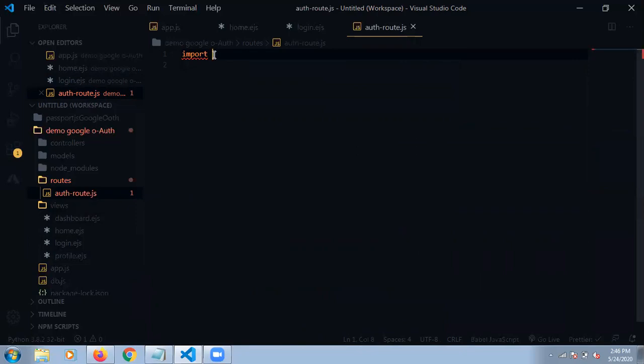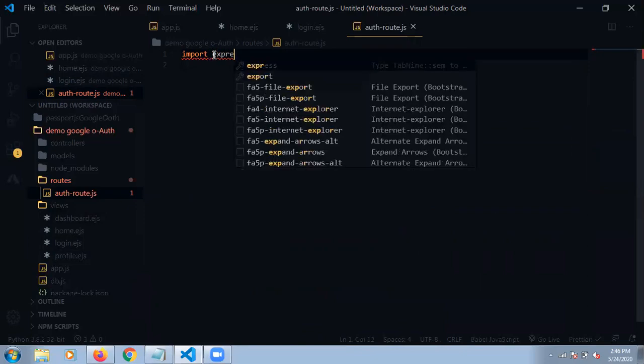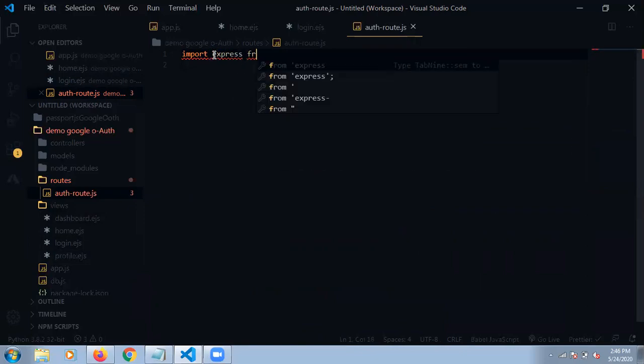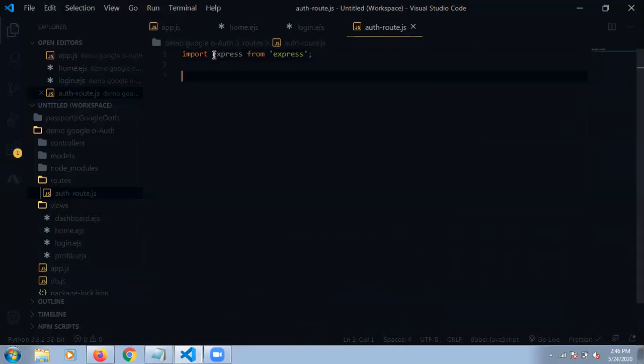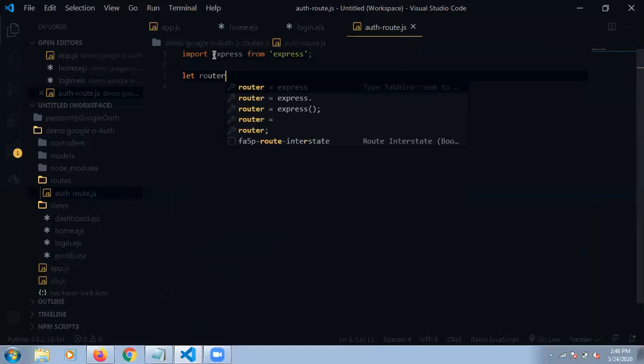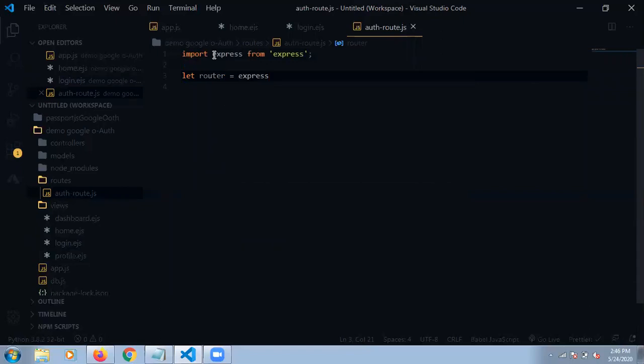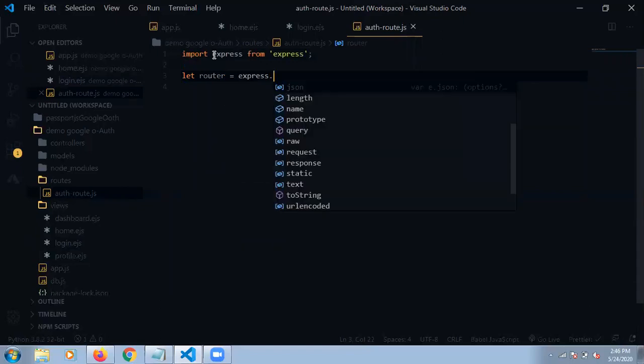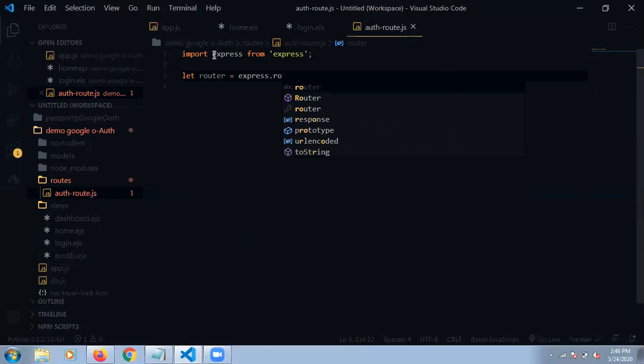So here I am going to import our Express. import express from express. This is an ES6 feature, and here I am also writing let router is equal to express.Router.